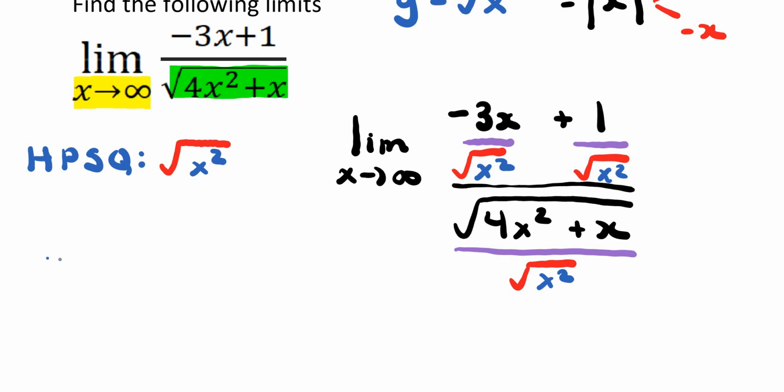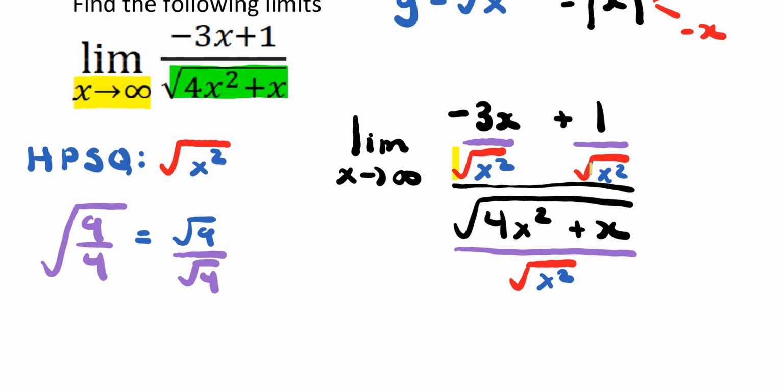If I give you the square root of 9 over 4, this is the same thing as the square root of 9 over the square root of 4, okay? So if you take the square root of 9 and divide it by the square root of 4, this is really the same thing as the square root of 9 over 4 using a bigger square root. Okay, so one of the reasons why we're dividing every single term by the square root of something